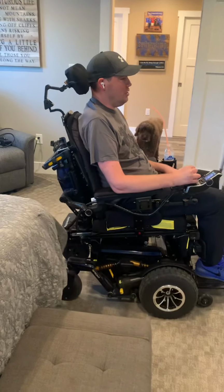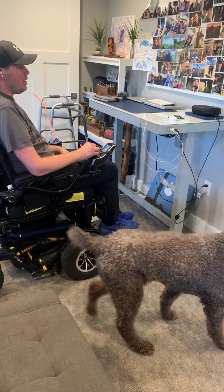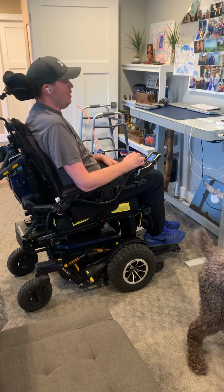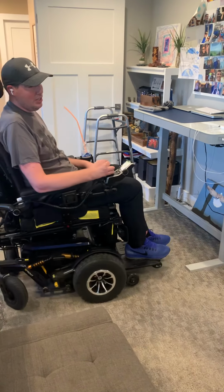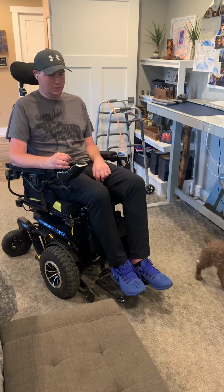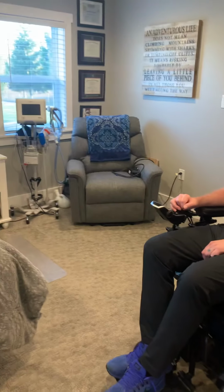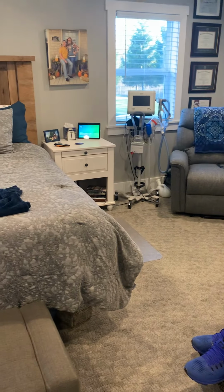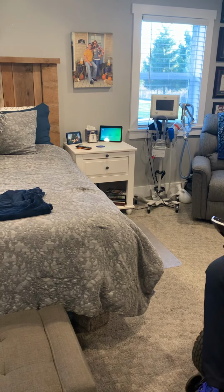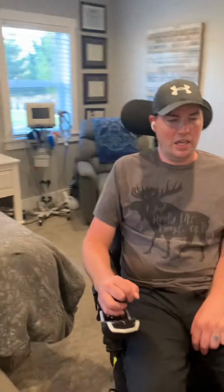Another nice feature is this desk. It's an adjustable height desk for working, and charges all my electronics. I used it when I was working as an assistant principal as well, which is nice. We have another lift chair in here, and then also, of course, the trilogy over there, and it's plenty of room in here, obviously, as you can tell, to get around. Into the bathroom,